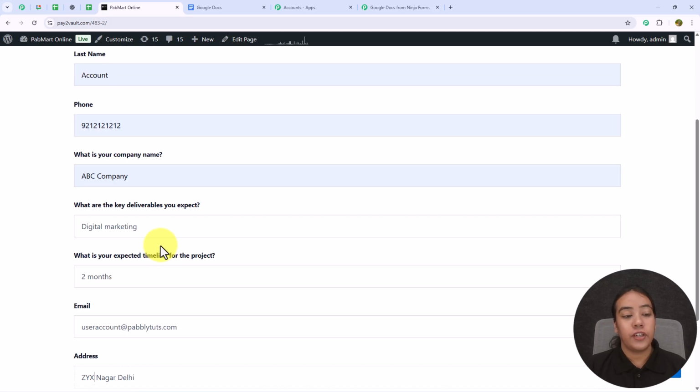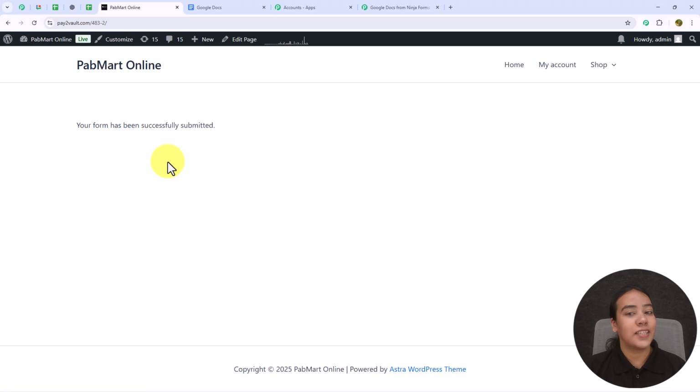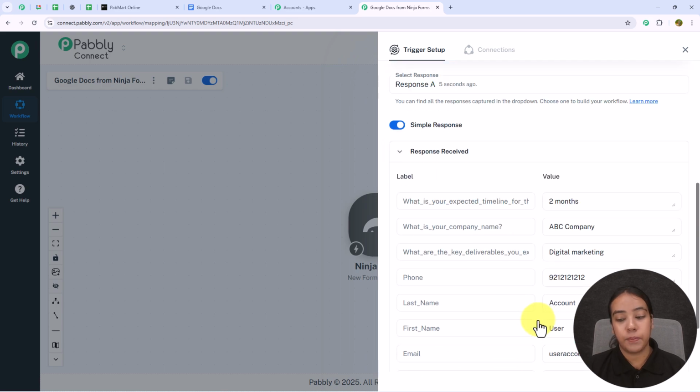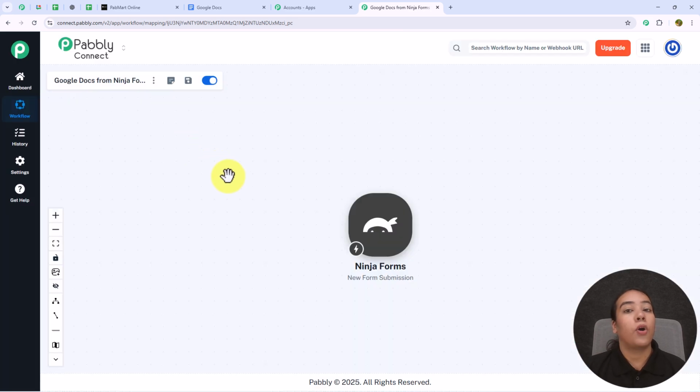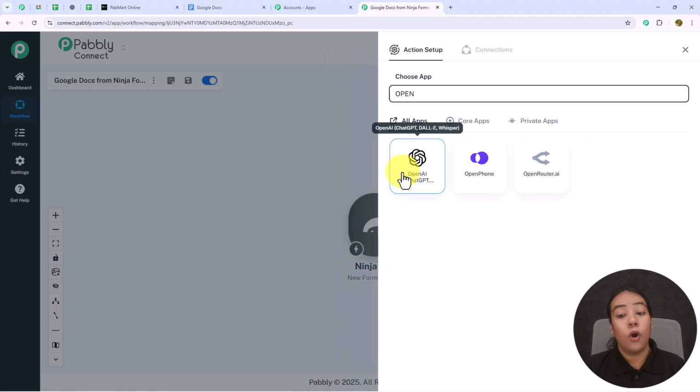After filling each and every detail I'm going to submit this form, and here you can see my form is submitted. With that, within a second, I have received my response with the similar detail on my trigger setup. Now I wanted to add a proposal on my Google Doc. For that, I need to add an action step, and here I'm going to choose my action app as OpenAI,